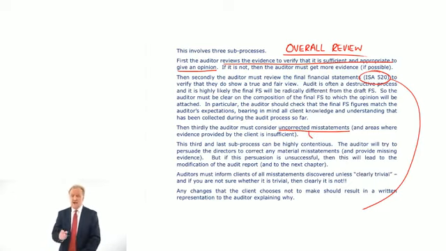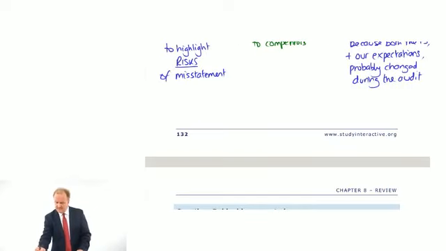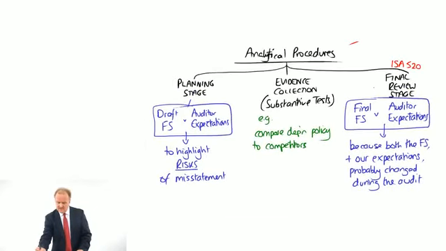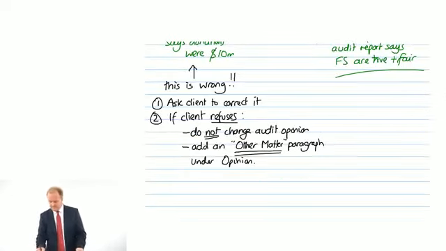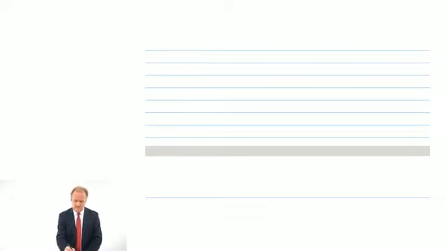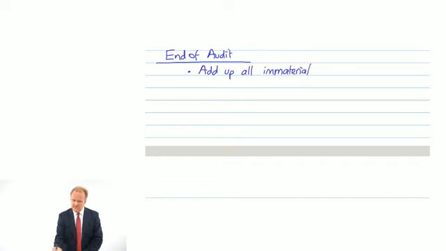So what we have to do at the end of the audit, in fact we'll put this on a separate page because we're running out of space here, is add up all the immaterial mistakes we found